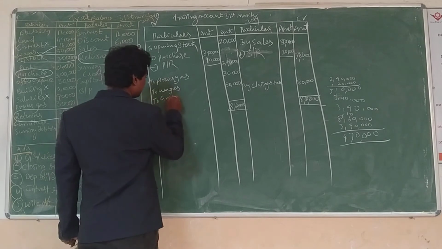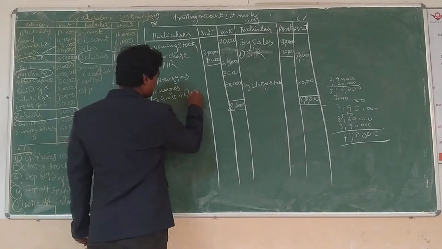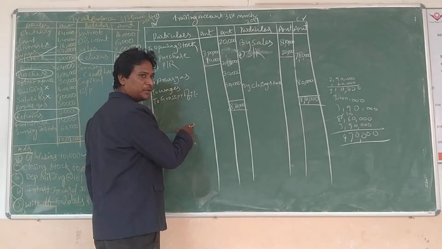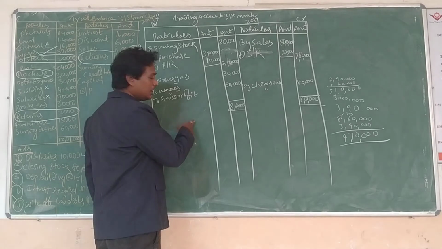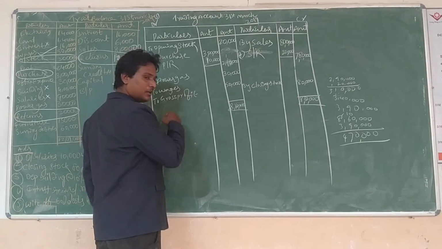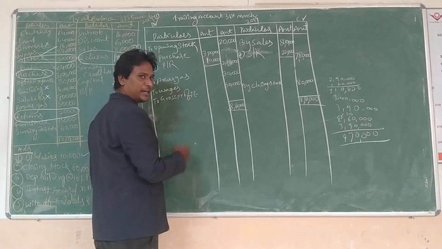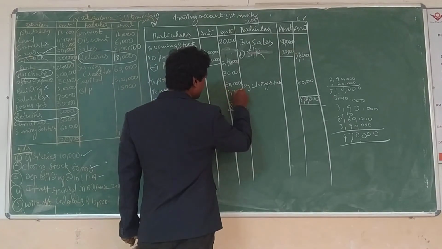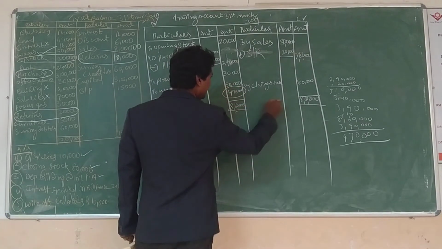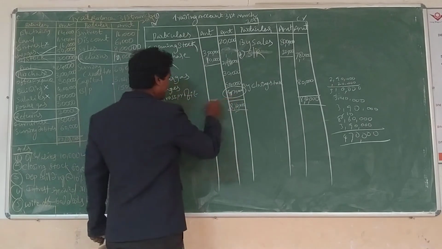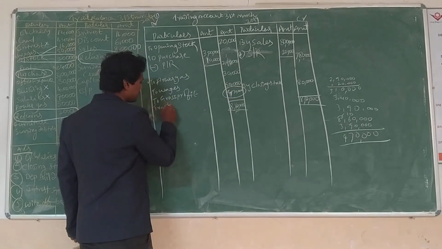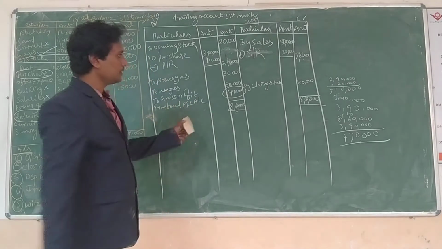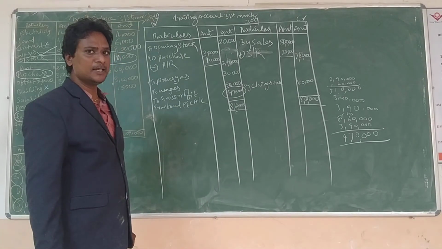So the balance is on the debit side. I already said in the previous class, now go and check out. When we get an excess amount on the credit side, at that time we get gross profit on the debit side. So gross profit 4,70,000 is the balance. So clear? This amount is transferred to the profit and loss account. This 4,70,000 is the gross profit.